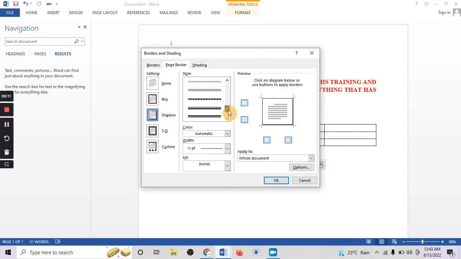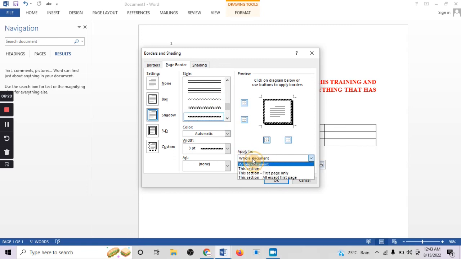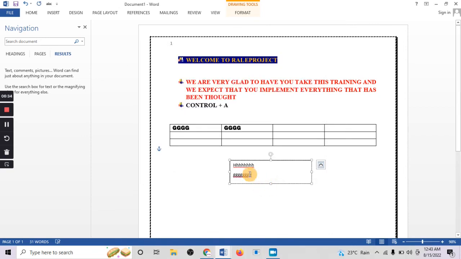Now coming to styles, you can pick a style for your border, and then once you're done picking the style, come here to where you have apply to, and then select the section you want to apply your border. You can decide to apply it to the whole document if you want, or maybe just the first page. Okay, so I just want to apply it on the first page,